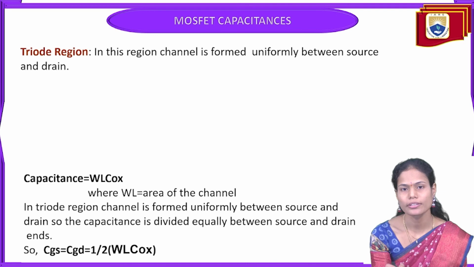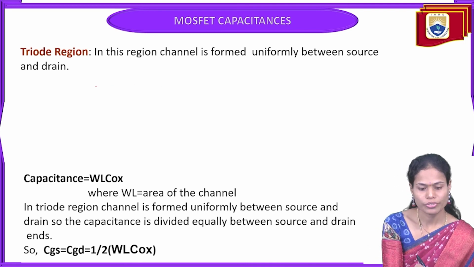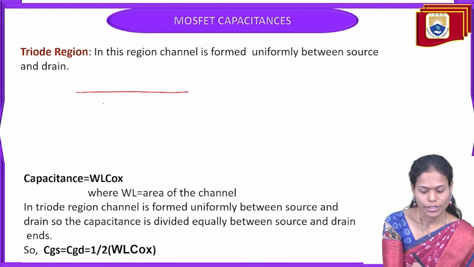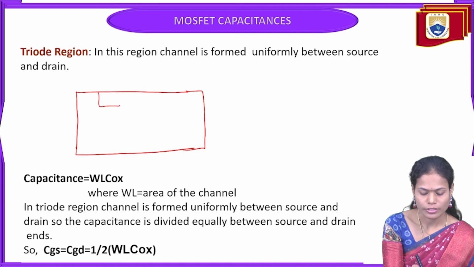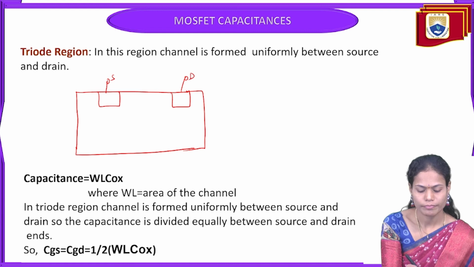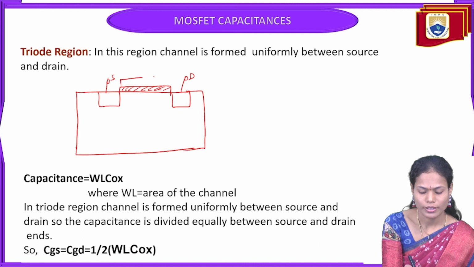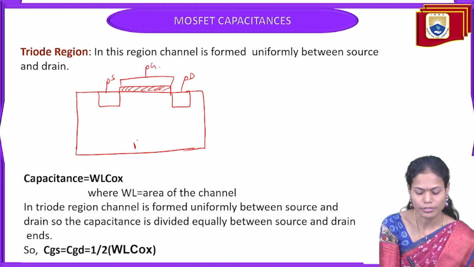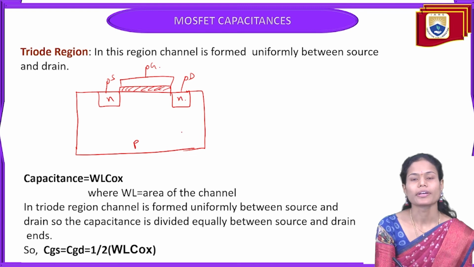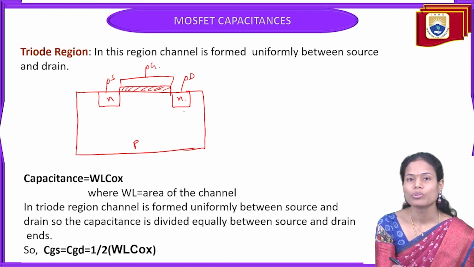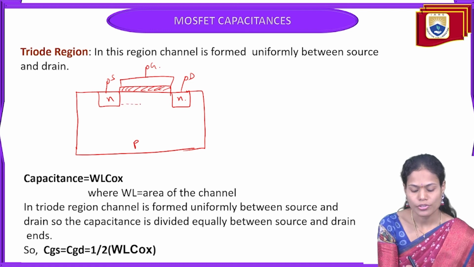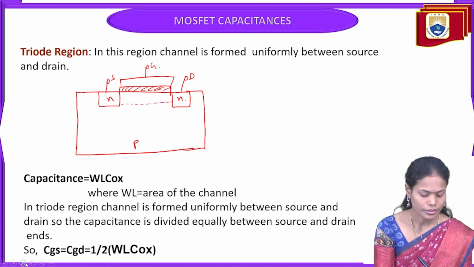are accumulated near the channel. So for that purpose, I am indicating the MOSFET with the source and drain terminals. And here we have the metal oxide region, and this is the gate terminal. This is the substrate terminal here. So in this case, whenever the voltage is applied, the channel is formed between the source and drain